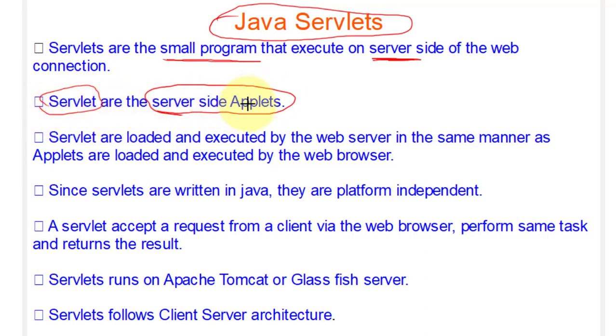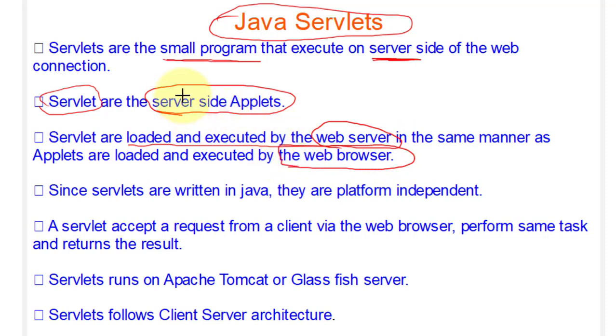That means when this applet executes on the web server, it is not an applet, it is a servlet. Servlets are loaded and executed by the web server, in the same manner as applets are loaded and executed by the web browser.